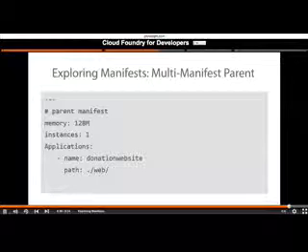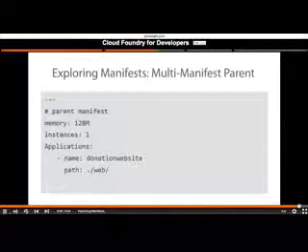I could override them if I chose to, kind of like before, but I want to break this up even into different manifests. So I could have a parent manifest like this, where I define the memory, the instances, maybe even the application name for what I care about. So again, this helps me set up my different deployment models. Each app may have its own manifest. I don't want to bundle it all up into one, but I want to have an option to parent things